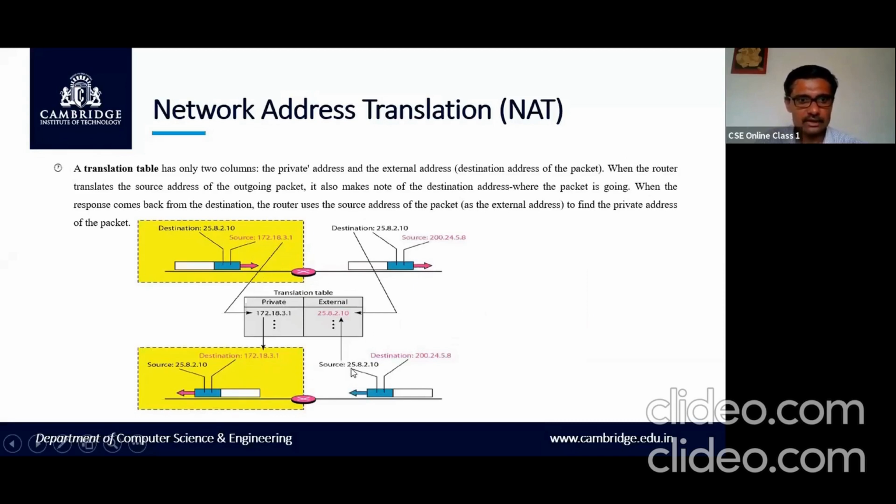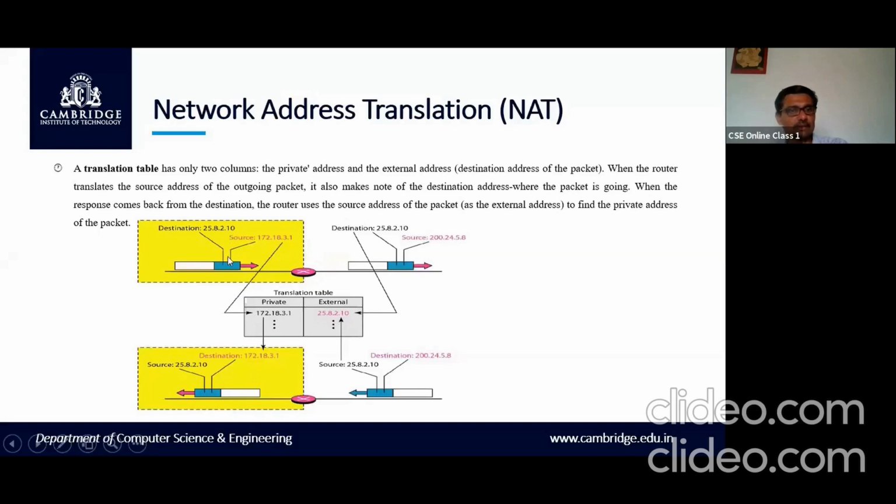What does the translation table have? It has two columns, the private network address and the corresponding external IP address. So the NAT router will use this table to replace the private address when it is going out.